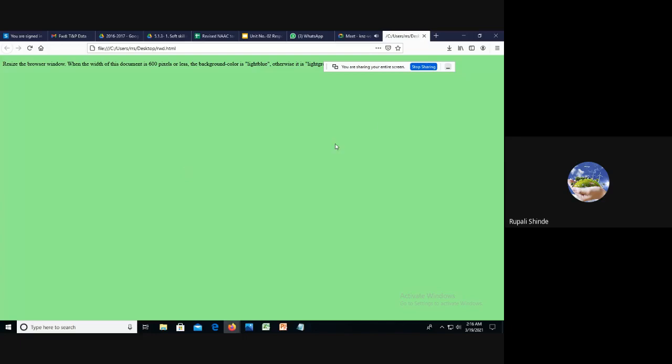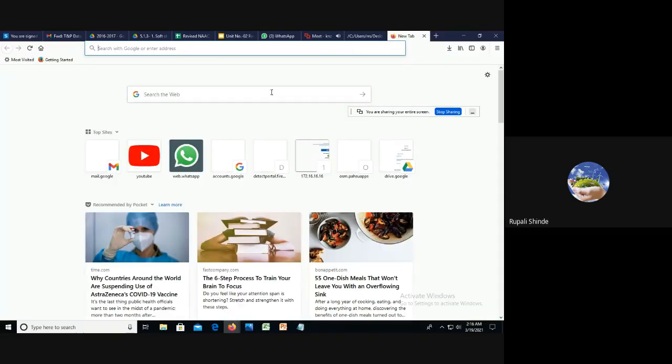Okay. The screen is light green because I think the width of that desktop screen is more than 600. Are you getting it? If you want to execute it on W3Schools, then it will be more clear to you. There is no need to execute it there, but you can try it on W3Schools also. So we have to check what happened here.